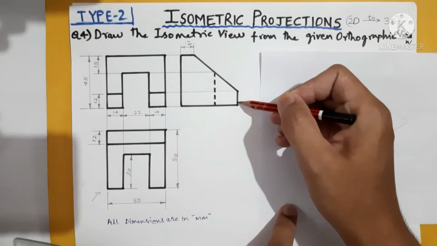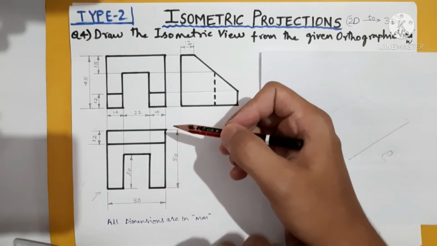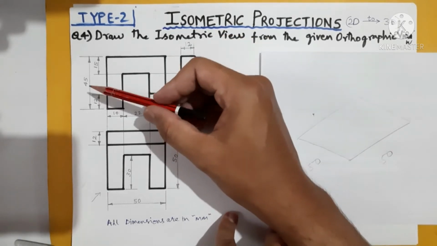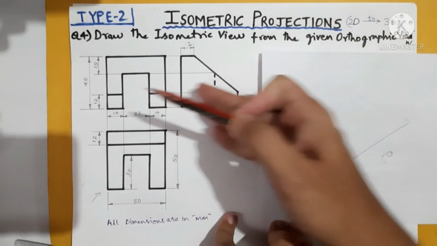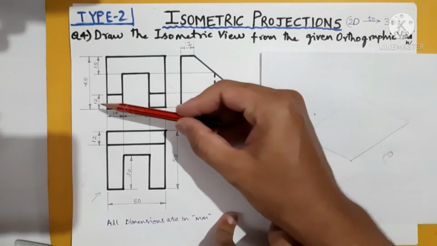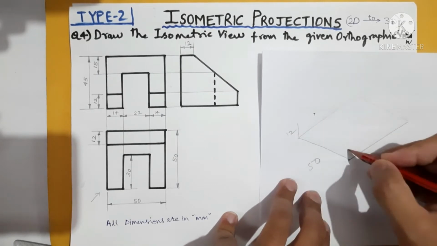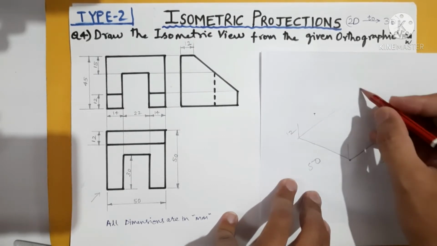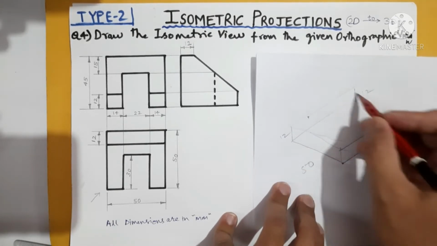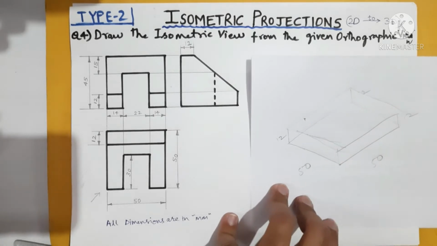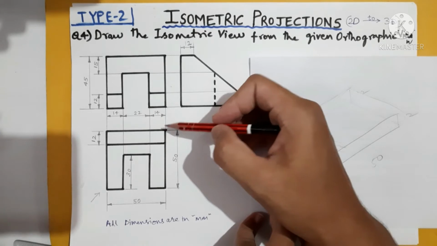At this side the height is less and at this side the height is more. How can you say that? From the front view, the total height is 45, that is this height, but when you move along this length the height is only 12 millimeter. So for starting we will have 12 only. All the corners we will raise to a height of 12 only, or you construct the upper surface of all at 12 mm.